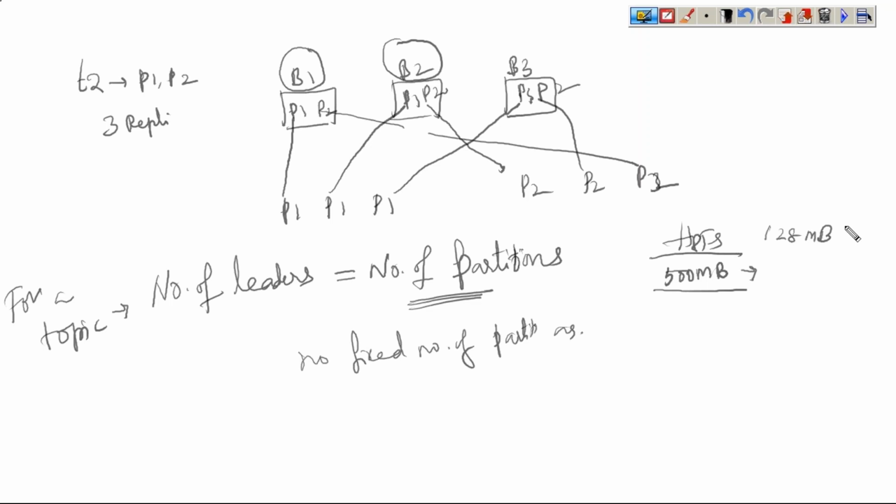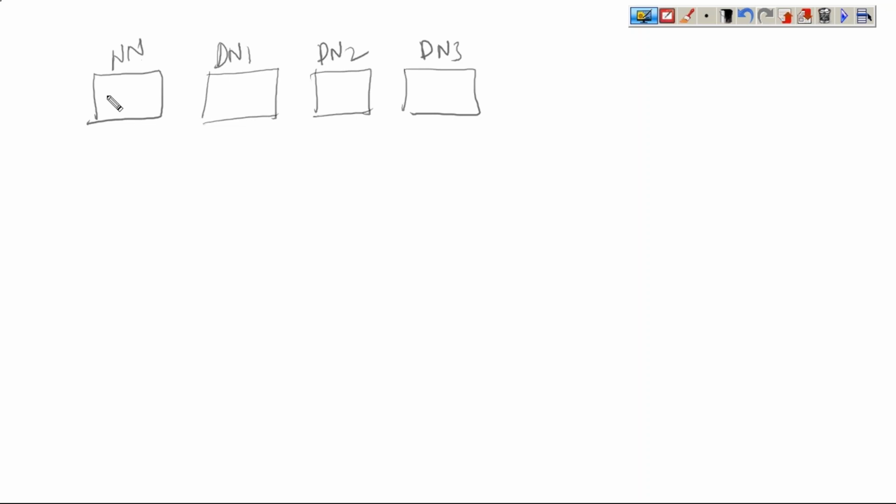Okay, but let me tell you, in HDFS ఇక్కడ చెప్తాను. Let us say we have 3 nodes here, data node 1, data node 2 and data node 3, and let us take one more machine for name node and secondary name node. Okay, that is okay. We have taken 500 MB file and this got divided into 4 blocks. So what are the 4 blocks? B1, let us assume like this: B1, B2, B3, and B4. Okay, now